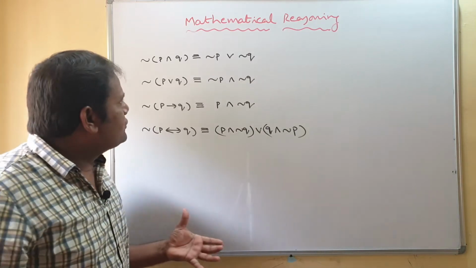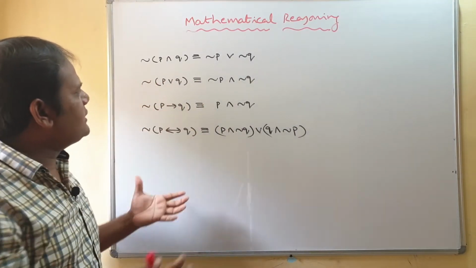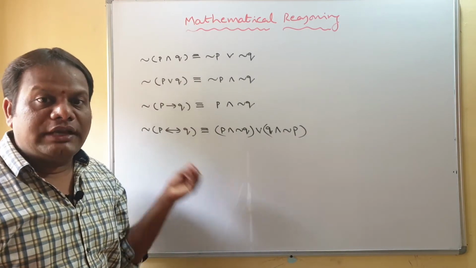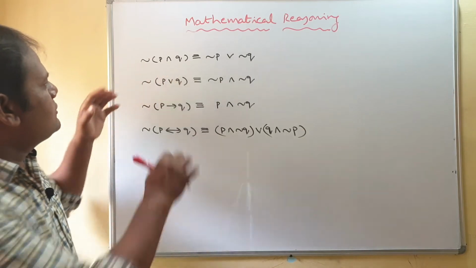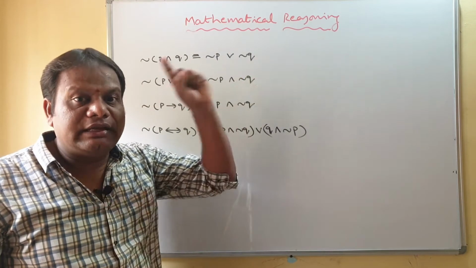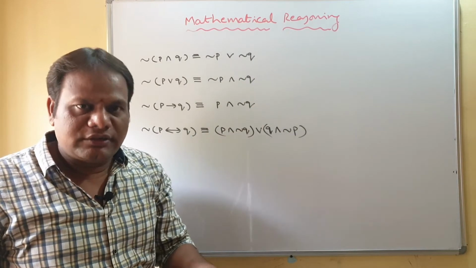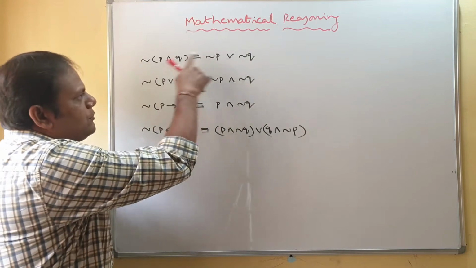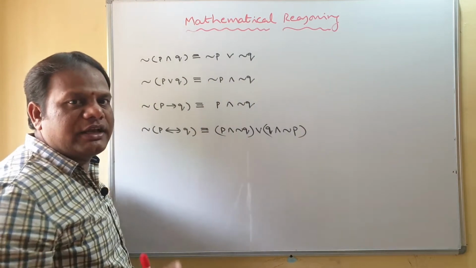So my dear students, you must be very careful while answering the problem related to negation of a compound statement. Okay. So here negation of P and Q is like A intersection B whole complement. Intersection becomes union, is it? So here and becomes OR, OR becomes and. Must be very careful.